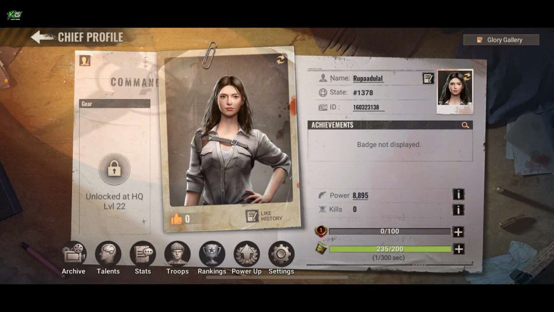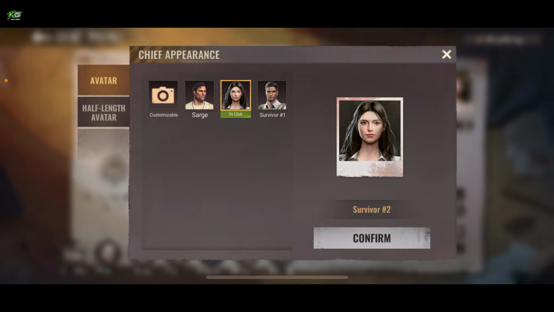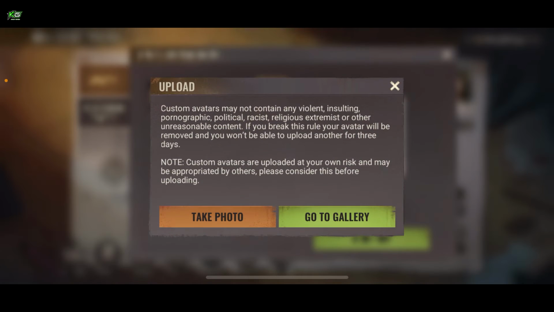This will then bring you to your profile where you'll need to tap on the loop icon right at the top right corner of your profile picture. This will then take you to Chief Appearance option, from where you can go ahead and select your profile picture from the available menu. If you want to add your own profile picture, simply tap on the customizable camera icon